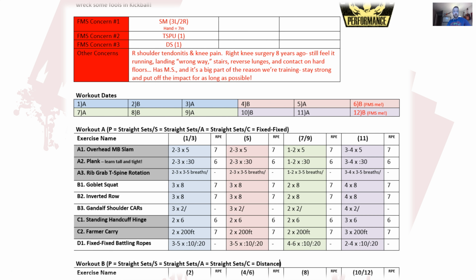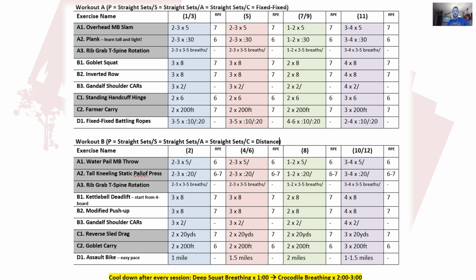So as we go down here and look at the whole thing, you'll see that we have workout A says 1/3 in that first blue column because that's the first and the third workout. Big difference between this and the Strength Faction program is that pretty much everybody when they start at our gym has an A workout and a B workout, whereas Strength Faction is A, B, C, D, E, right? Sometimes even F, depending on the time of the year. So they have an A and a B workout.